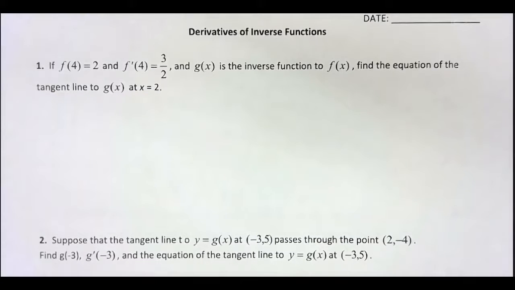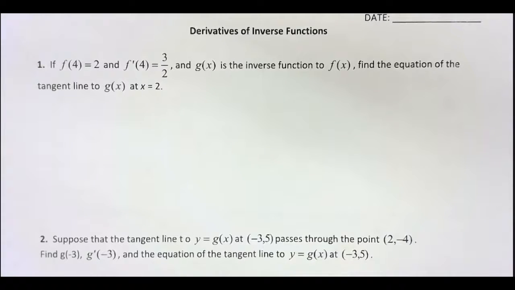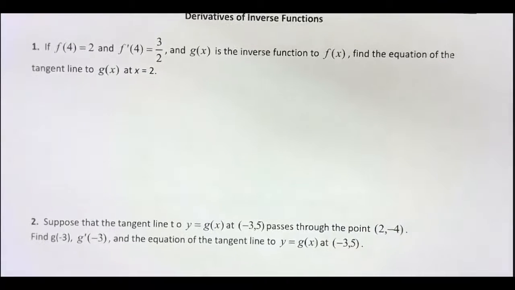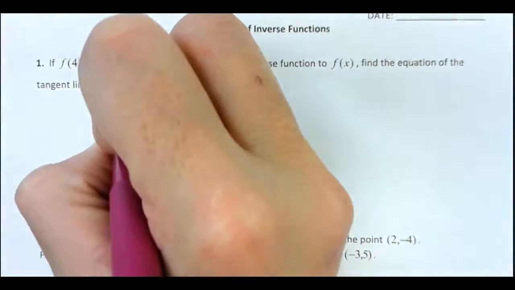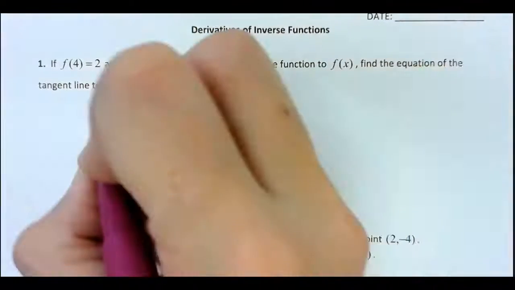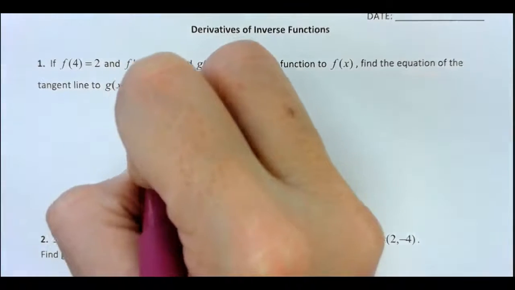So if we have the following example, this is worded how it would be on an AP multiple choice question. It would say, if f of 4 equals 2, and f prime of 4 equals 3 halves, and g of x is the inverse function to f of x, find the equation of the tangent line to g of x at x equals 2. So again, if you're trying to find it, that's like saying we want to know g of 2, and we want to know g prime of 2,